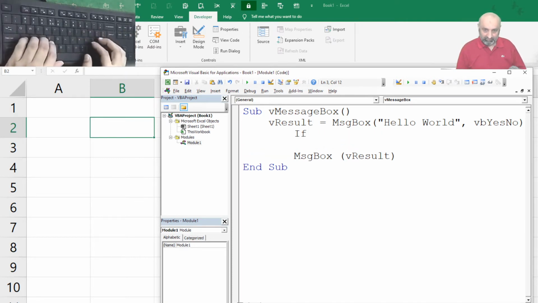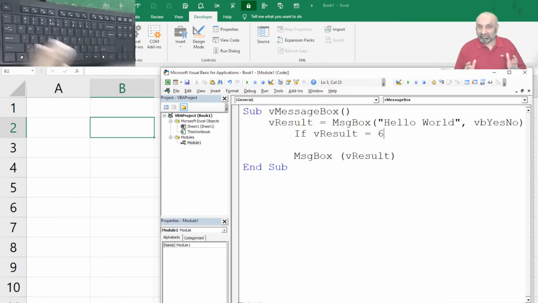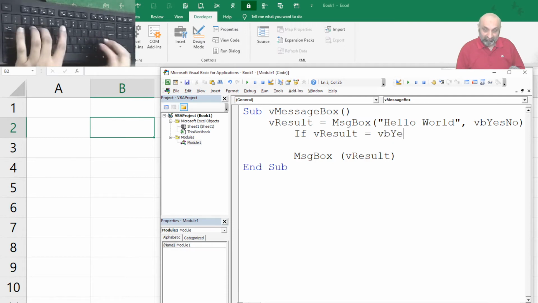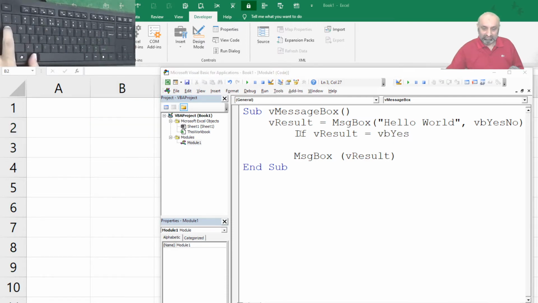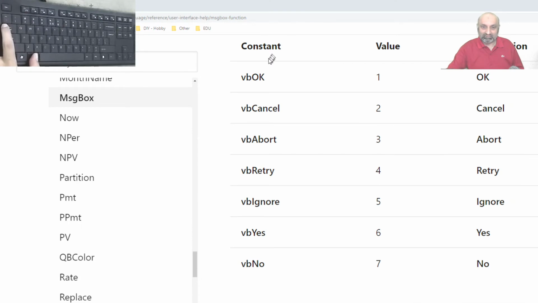If vResult is equal to yes, you can type 6, but I don't type 6 because I don't recall what 6 is. What I can understand is vbYes. We can also use the constant or the value. Both work.